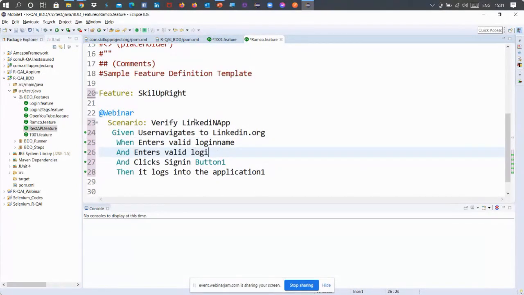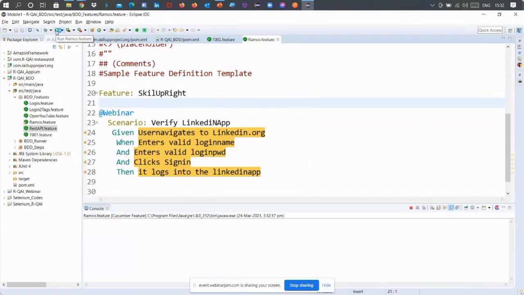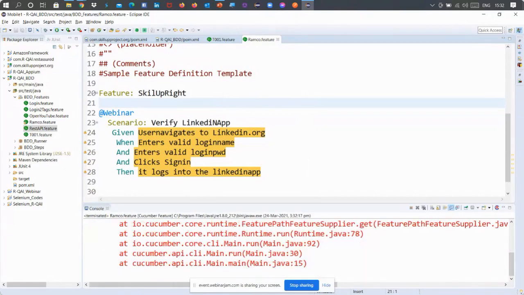I'll say login password. Sign in. Then it should log into the LinkedIn app, right? Now, I have created my scenario. After creating your scenario, what you have to do is just run it. The moment you run it,